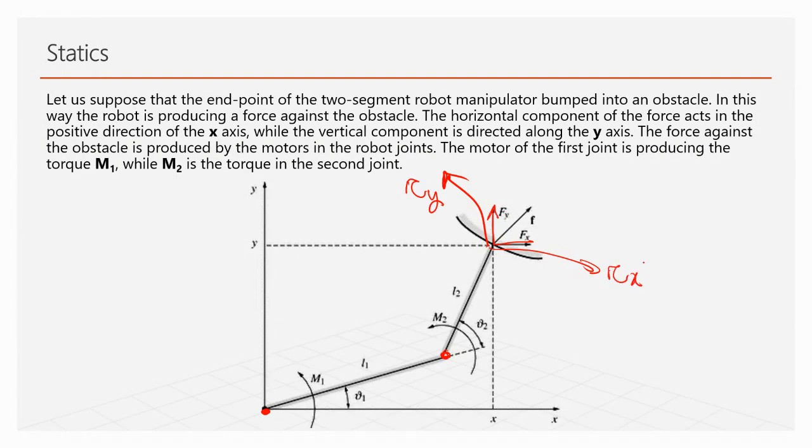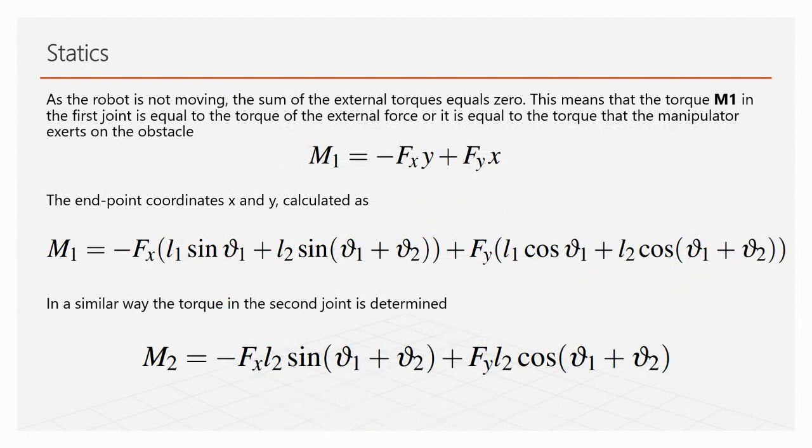It was X times Fx, and this one was Y times Fy. And what is Y? This is Y. I'm sorry, this one was X. Mistake, sorry. This is Y, and this length is X. That's what we did. And based on it, we calculated the torque we need at M1 for this, and the torque